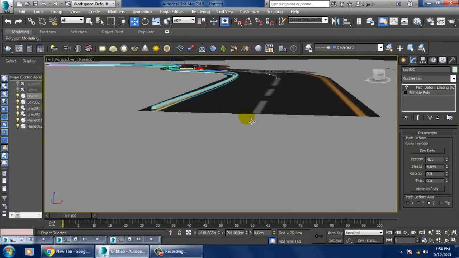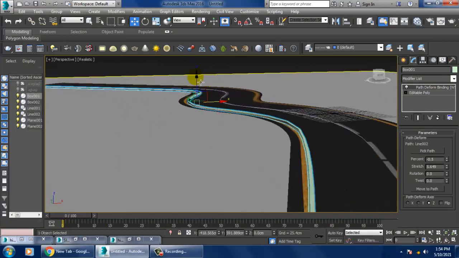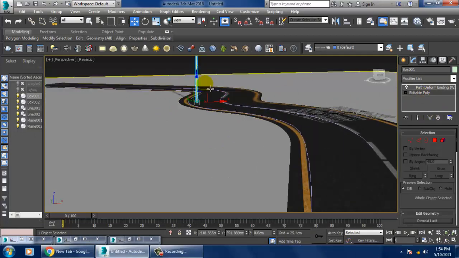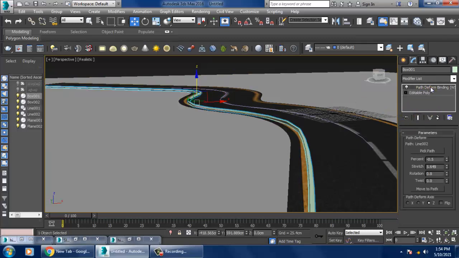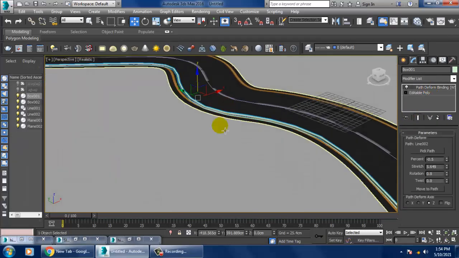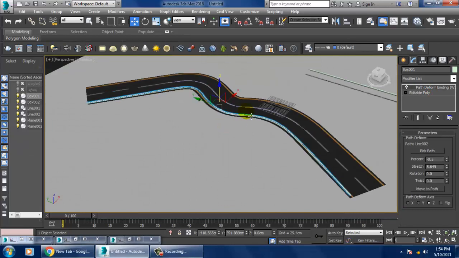So as you can see, if you look at it closely over here, I can, oops. So let's just save your file first.